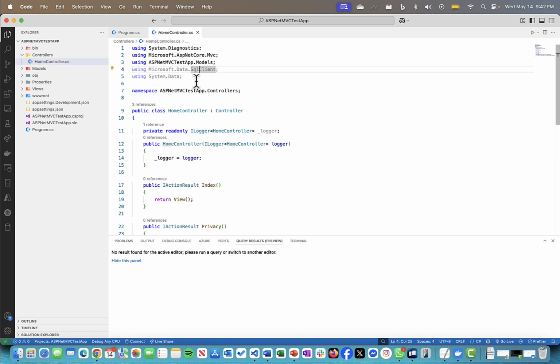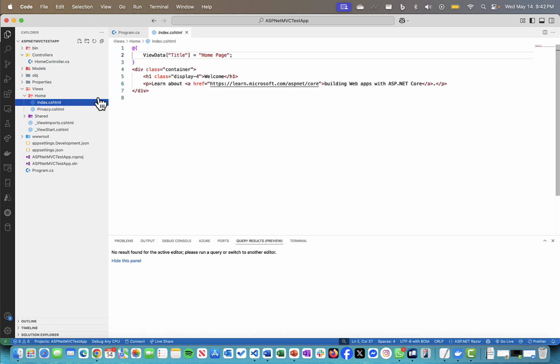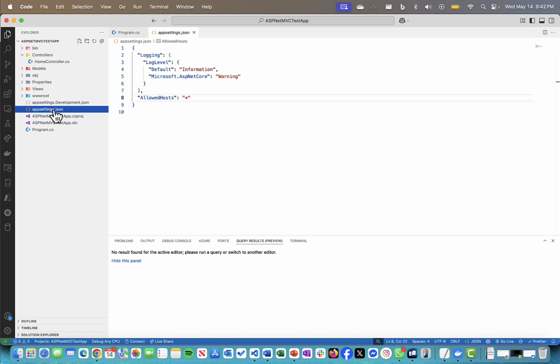I'll be utilizing these libraries, and I'll show you how to add them. There are views which we'll be using, like the index view, which is there by default. And we'll be utilizing the app settings, which will set up the connections and the other stuff. Okay, so let's not waste more time. Let's get started. Because I'm not going to demonstrate it through the Entity Framework Core, I'm going to use the